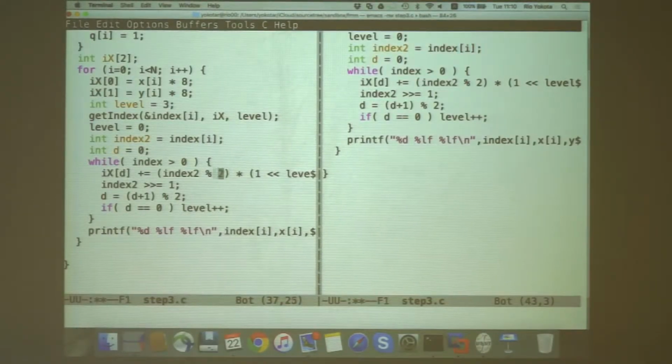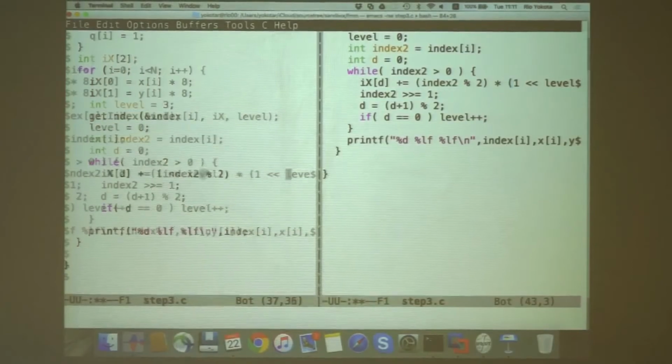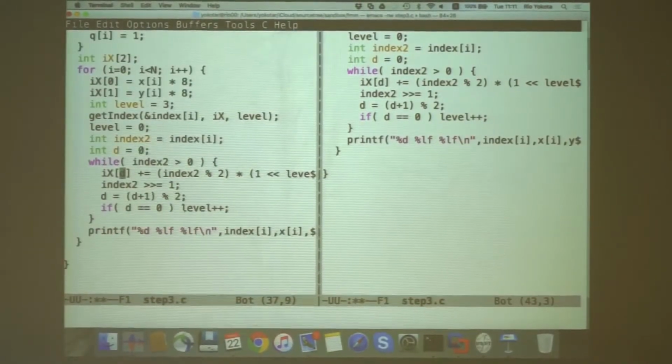Okay, while index 2 is greater than 0, meaning while we still have bits to process, this will take the current bit and shift it this many number of levels and add it to the IX appropriate dimension. Again, I think this will add it to the wrong dimension unless we have like 1 minus D here. Okay, let's see if this prints